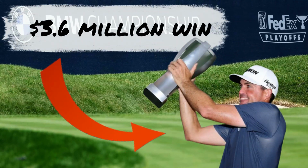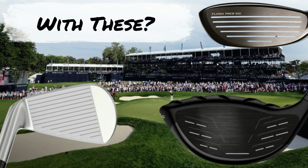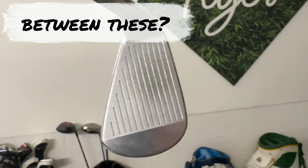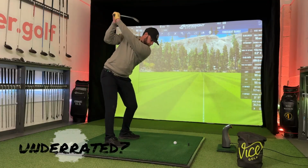Keegan Bradley won $3.6 million with these golf clubs. But once I dug a bit deeper, there's probably a good reason why these clubs work so well for him. Putting aside the 6 brands that make up his golf bag, which ones are overhyped, and which ones are a